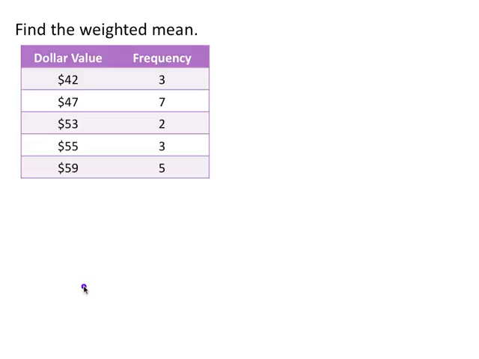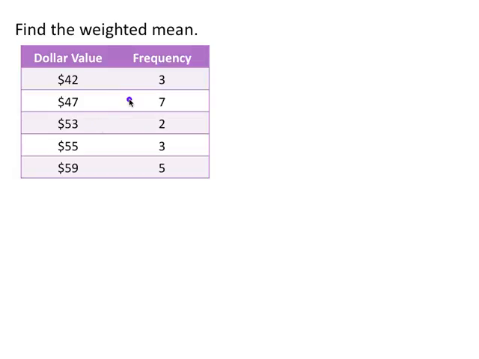Okay, we're supposed to find the weighted mean for these values. You can imagine a situation like this. Maybe you run a charity and people donate money to your charity. And so what this table tells us is that we were given $42, but this frequency means 3 different times